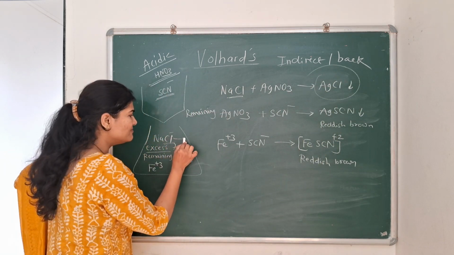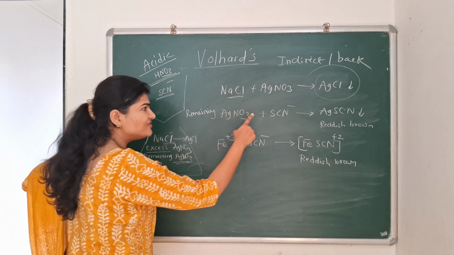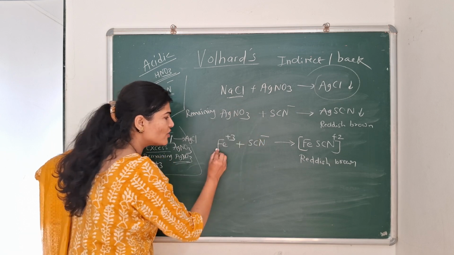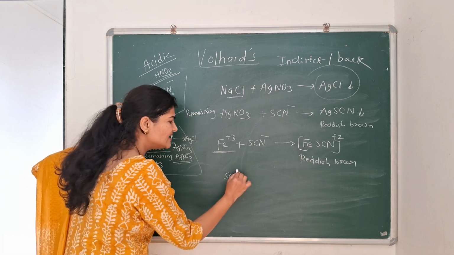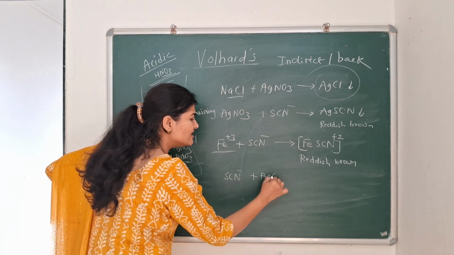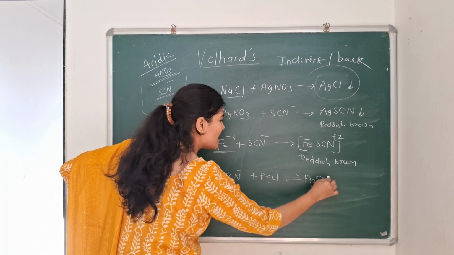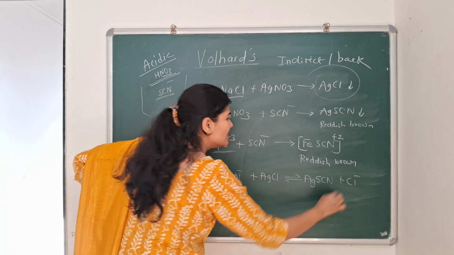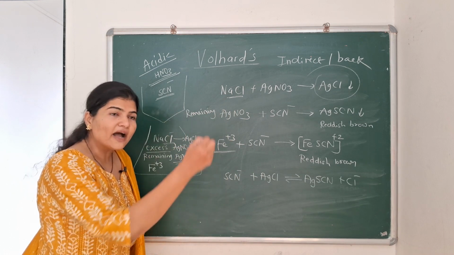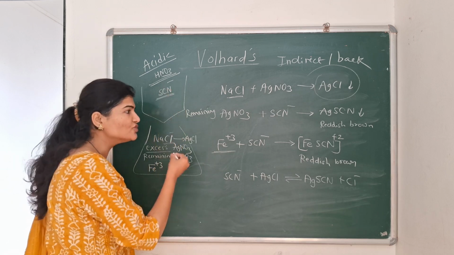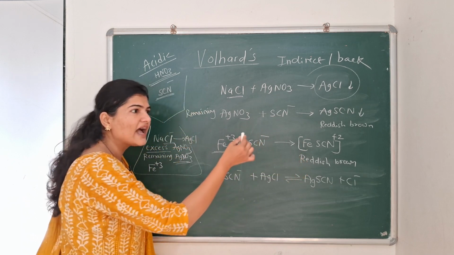Now this AgCl PPT is already formed in the first step. After the second step, instead of going to react with indicator ions, the thiocyanate ions prefer to react with the AgCl PPT to form silver thiocyanate, and chloride ions are set free. Now what will happen? When my thiocyanate was supposed to give the color, the end point, and I was supposed